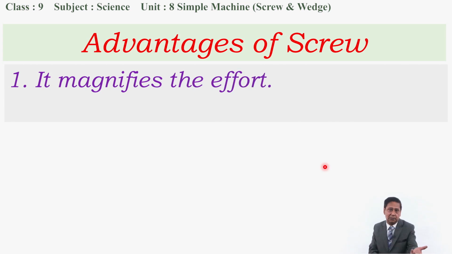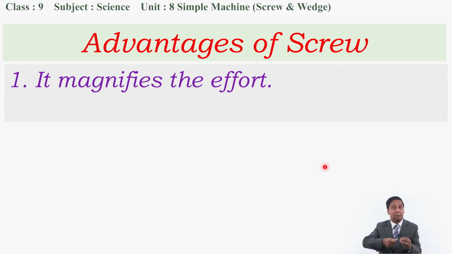The reason is very simple. Comparatively, effort distance is very long. The distance covered by the effort in the circular path is very long. Effort distance is very long compared to the pitch, which is the load distance. That's why effort distance is longer than load distance. It magnifies the effort. Next, it changes the direction of force also, because we are applying effort in the